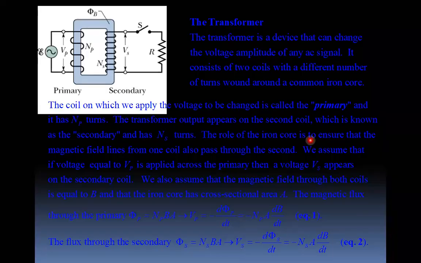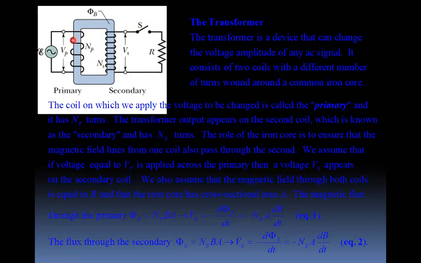So the best example is a transformer. We can take a transformer. This we can consider as a primary coil, and this is a secondary coil, and we have applied an alternating voltage to this particular primary coil. The number of turns in the primary we have labeled as NP, and the number of turns in the secondary as NS. The voltage across the primary is Vp, the voltage across the secondary is Vs, and this is a magnetic induction phi B. A switch we have considered, and this is a resistance. So if you close the switch, the current will flow in this circuit.